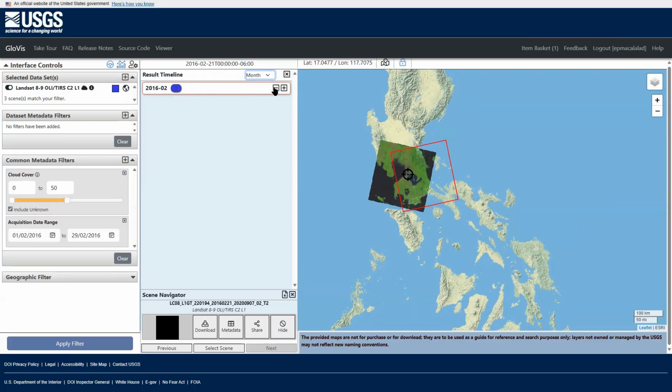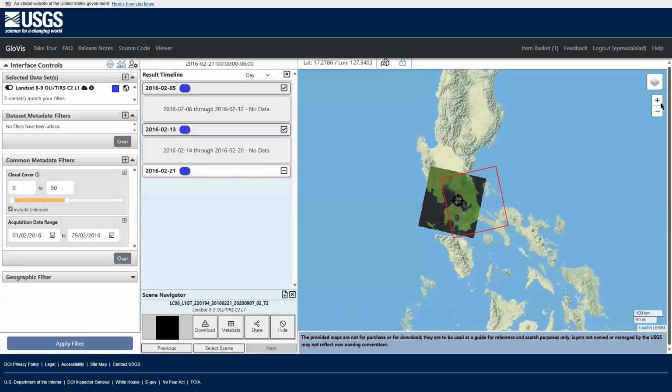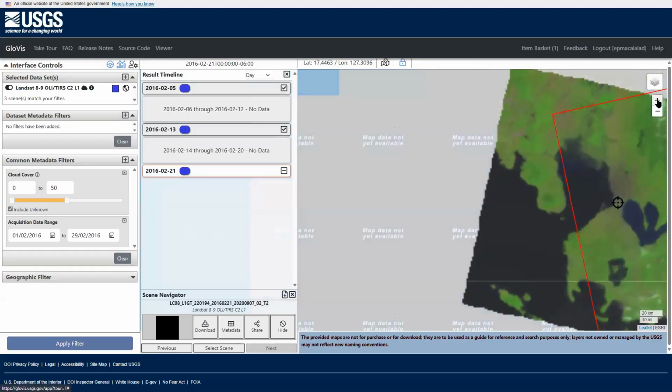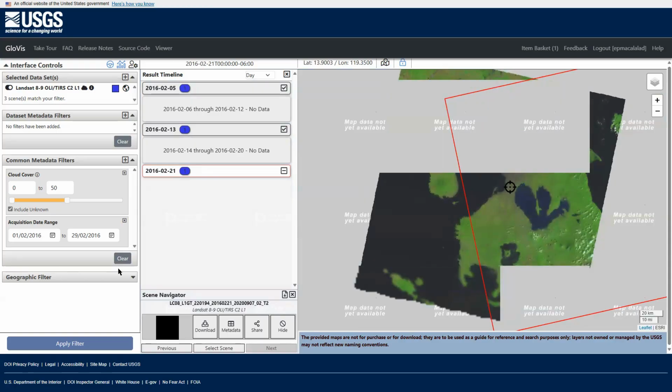If you're going to click month, then day, ito na siya. If you want to increase the view, you can just click plus here. Okay, just waiting for it to download or to view. So this is your instant view.